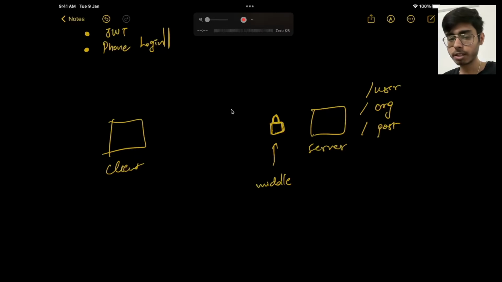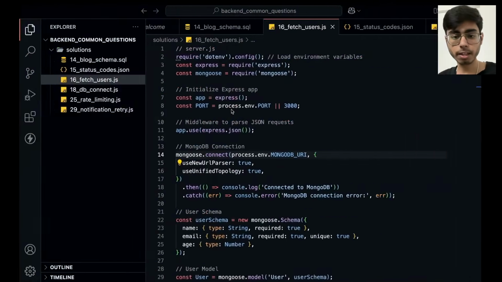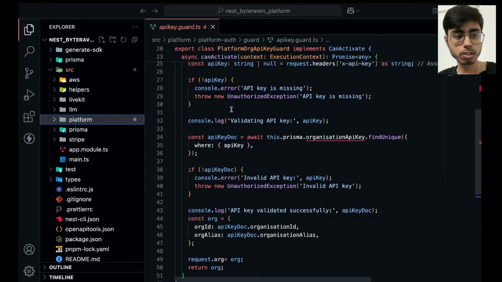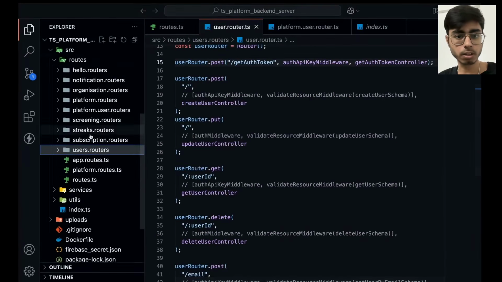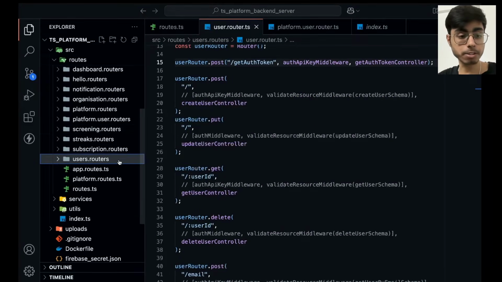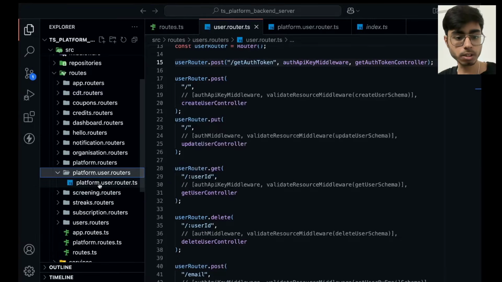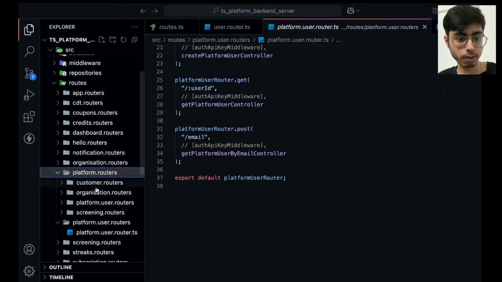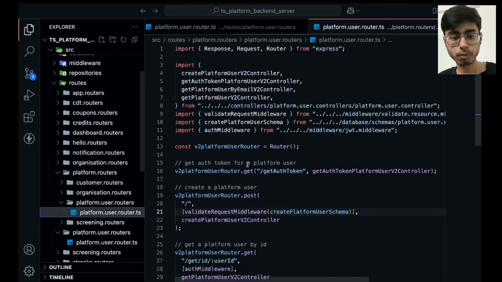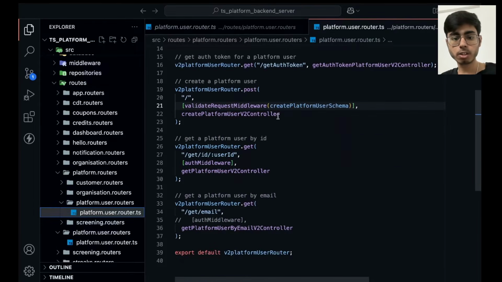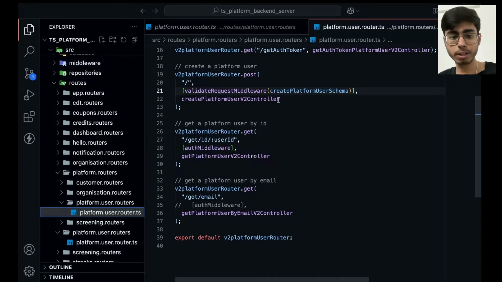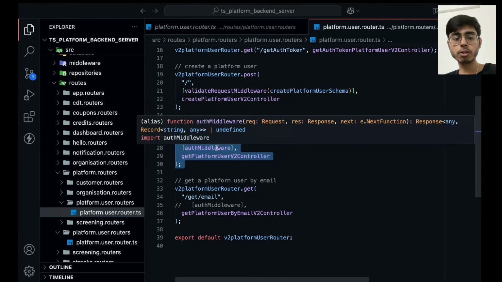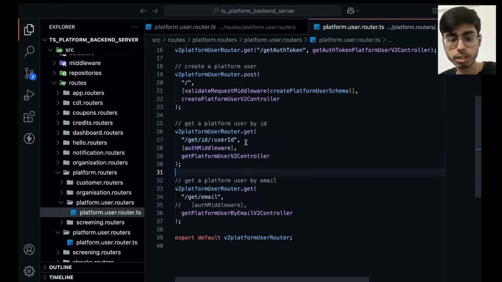So if I give you an example, if I show you the code, I can show you the authentication middleware. So in my TypeScript application, if I go to the platform user, over here. For now I have disabled it. If I go to this route, platform user, yes. So you can see I have defined certain middlewares. For this route where I wanted to fetch the user using a user ID, I wanted to check whether the user has provided the correct JWT authentication or not.